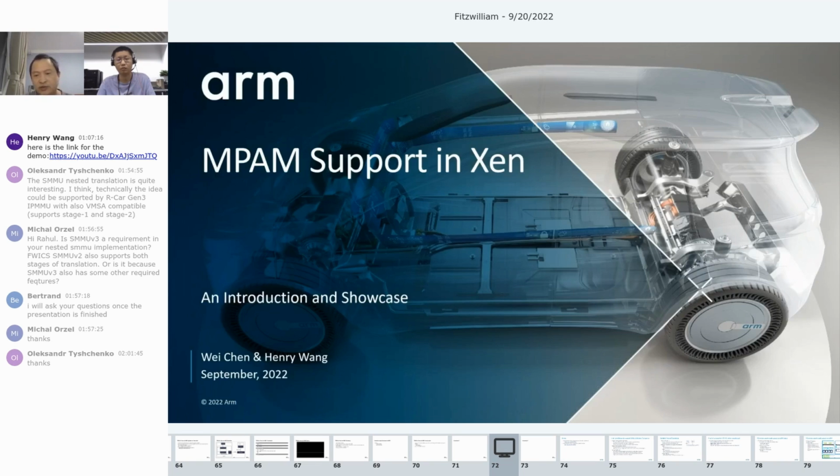As one of the most important open source hypervisors, Xen is bound to participate in this area. So in the next pages, Henry will introduce ARM's MPAM technology, as well as his proof of concept. Henry, can you continue?